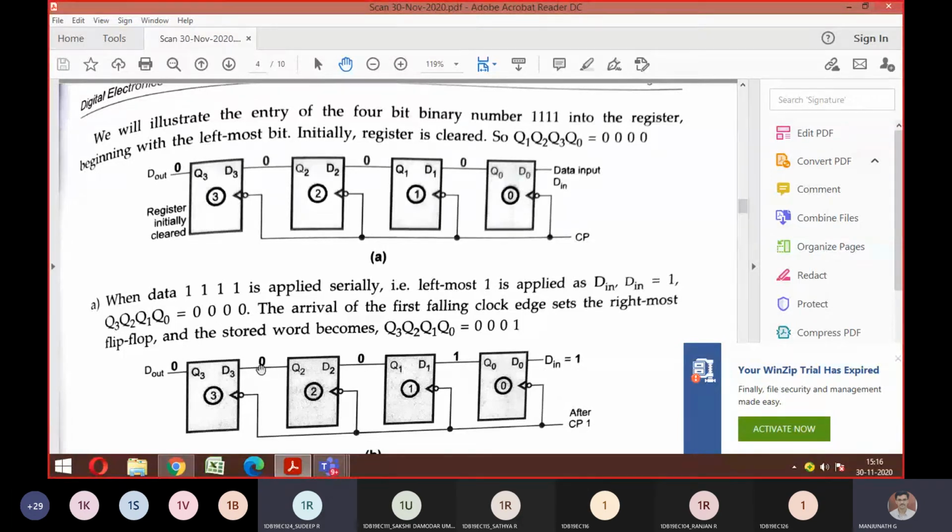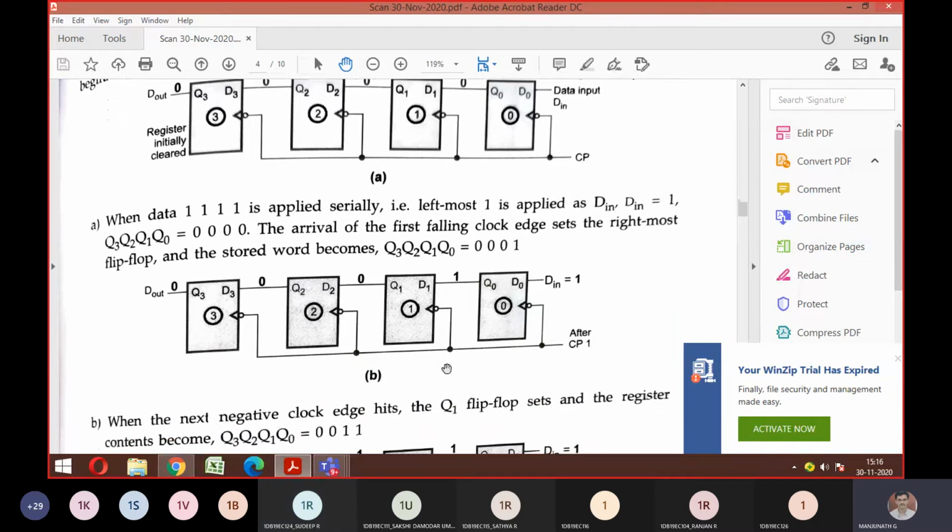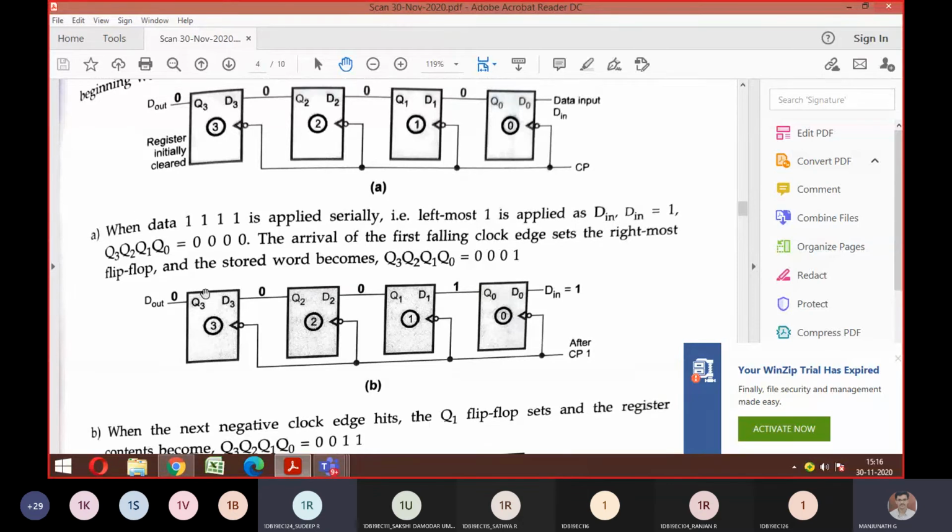Then what about this 000? How did it come? What was the earlier output here? You can look at the cursor I'm pointing. So this 1 came here, which means this 0 will go here, this 0 will go here, and this 0 will go here. This is called shifting. Yes, sir. That is what happened in case 1. For the first clock pulse, input is 1, so you can expect 100 as the output. Am I clear? Yes, sir.